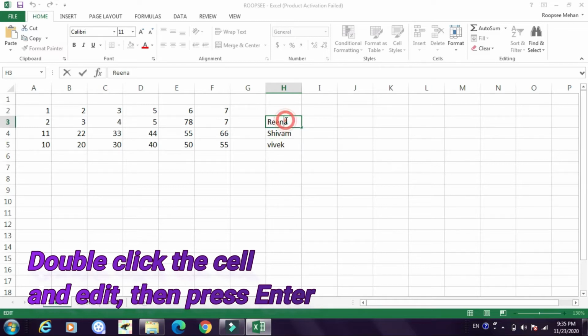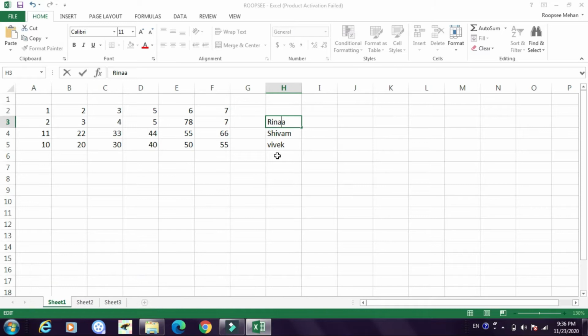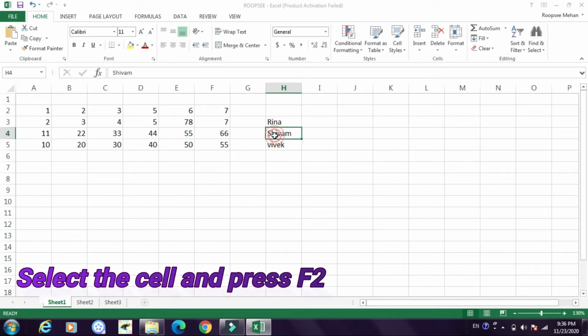I will double click on this cell, the cursor will appear and then I can use the arrow keys and the keys on the keyboard to edit it like this. I am using backspace key and I am editing my text like this. Second way is select the cell and press F2 function key.